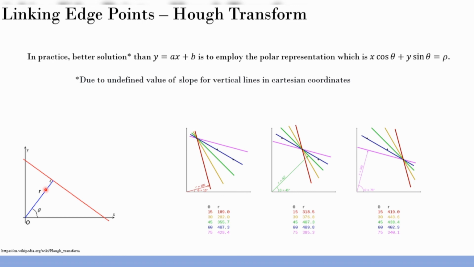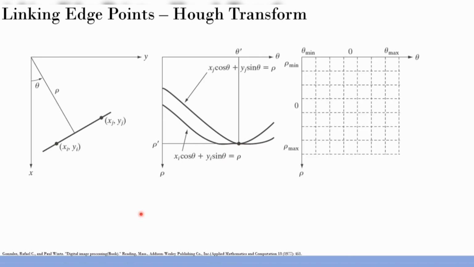You already know it. I don't want to spend a lot of time here. So a lot of straight lines, any point on that straight line can be defined by its radius and theta, the angle. Okay. So, and we can actually go from this equation to this equation by a standard geometric derivation. Okay. I'm not going to spend a lot of time on that. You can easily find that out. If you're stuck, there's a lot of material available. You can actually see the derivation going from this to this. Okay, it's very beautiful. Okay, so but that's not our concept. Our concept is like you go from xy space to theta rho space. Okay, so let's do that.